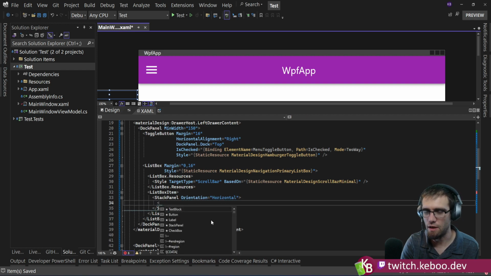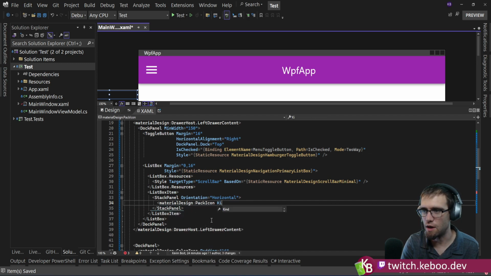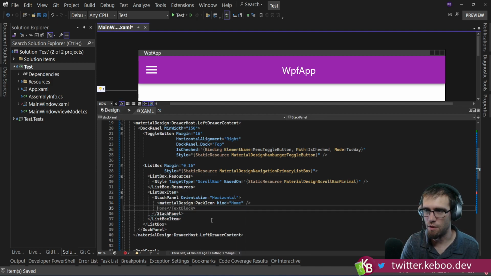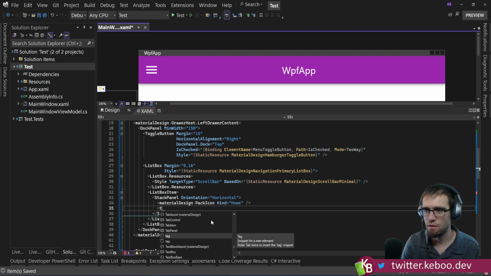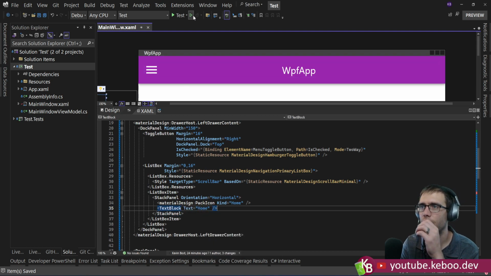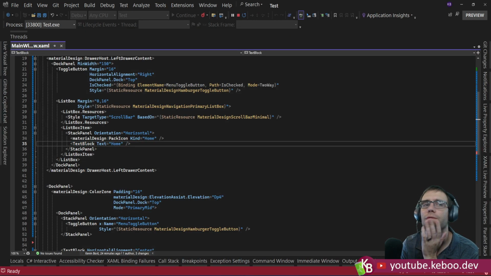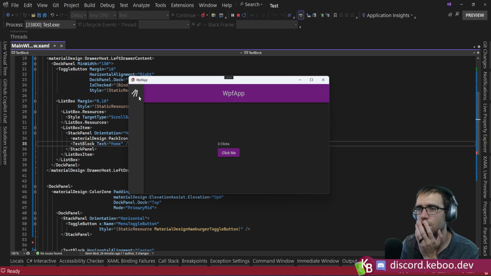We can do something like a material design pack icon, and we can do kind, and we can do home. All right, we can do something like that, and then we can come in here and we can go with text block, text, like that, and we can get a mildly decent looking item here fairly quickly. If we go here and take a look,